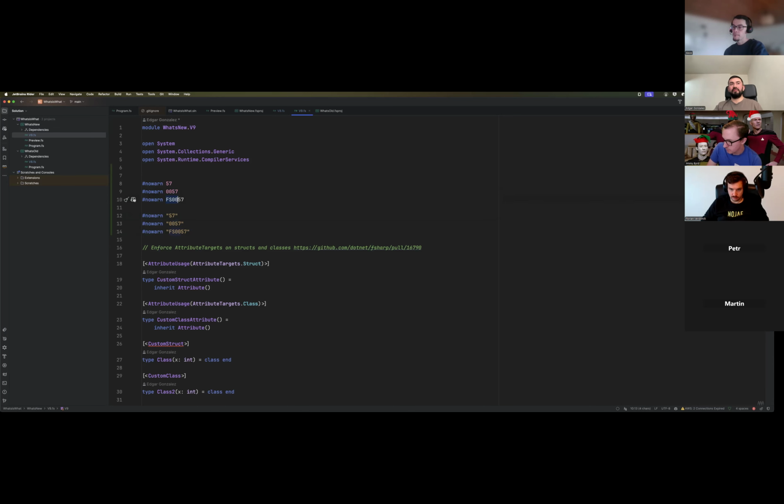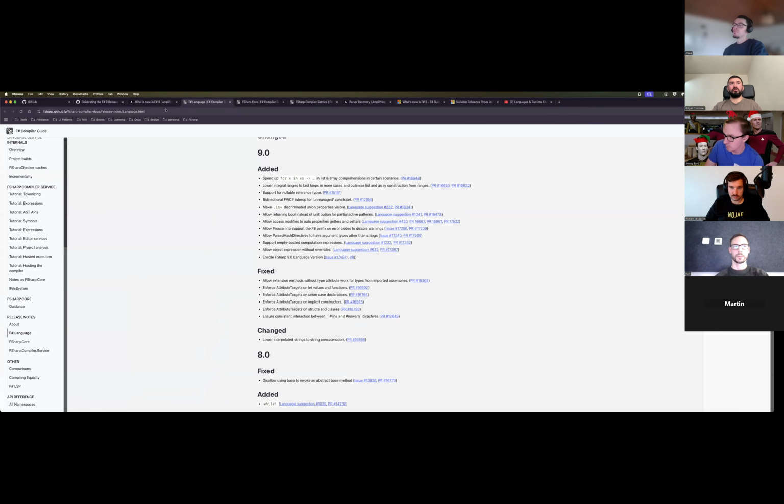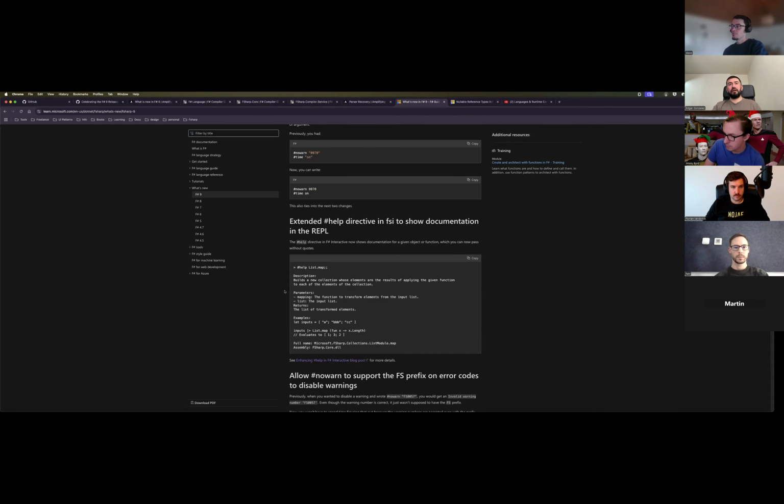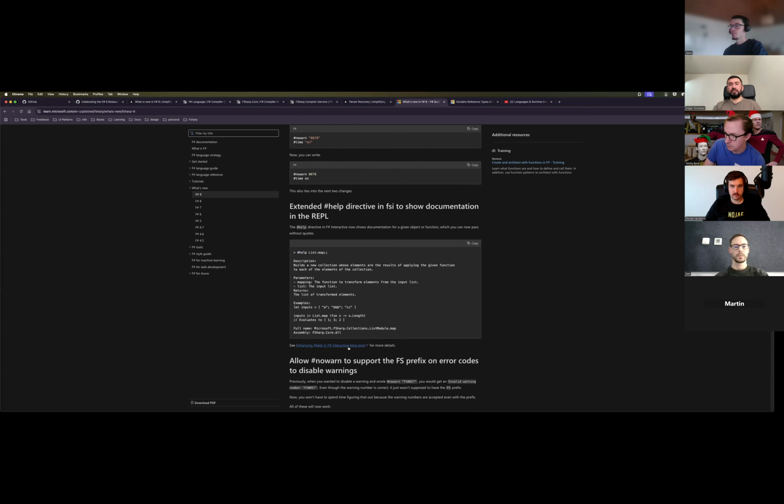You can specify the number with the FS prefix, so you no longer need to keep trying and erroring until you find the right string, and it doesn't even need to be in quotes. I think this was a huge improvement, in collaboration with the help directive feature, and this was thanks to the donors,